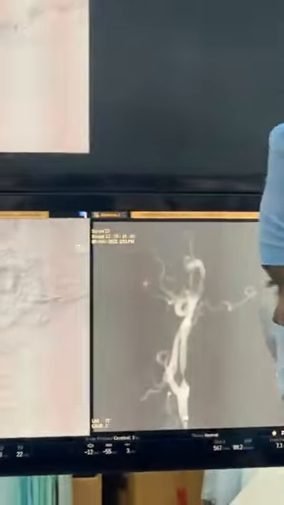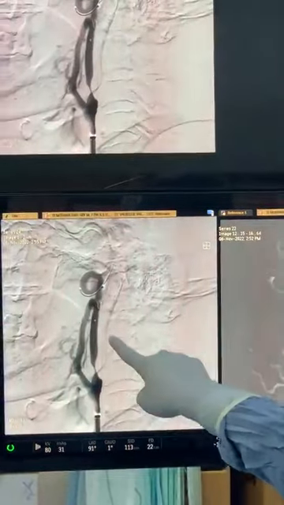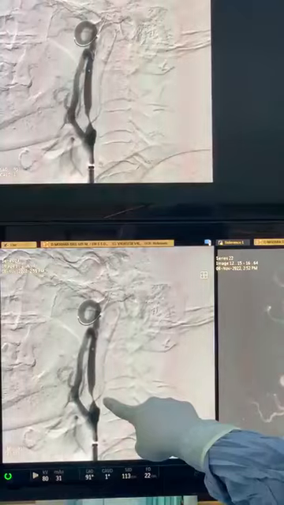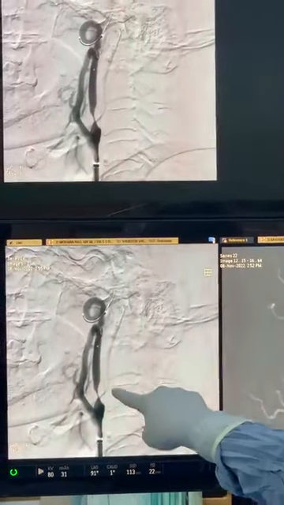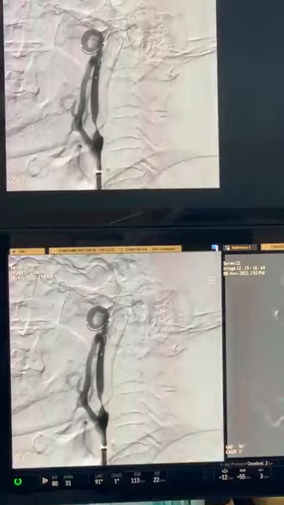So you can see this. This is the common carotid artery. Can you stop this, Prashant? This is the common carotid artery. This is the external carotid artery. This is the internal carotid artery, and the proximal part of the internal carotid artery has a very critical narrowing. We have put a distal embolic protection so that we can do a